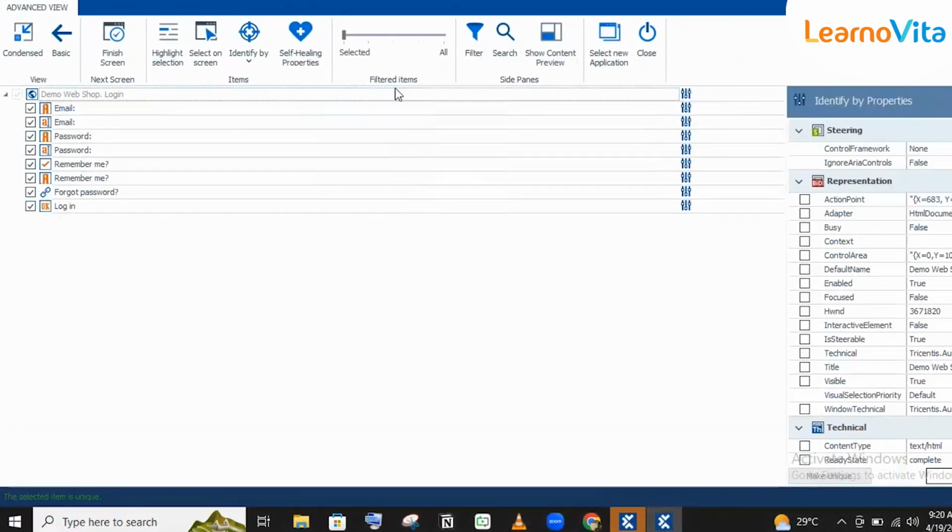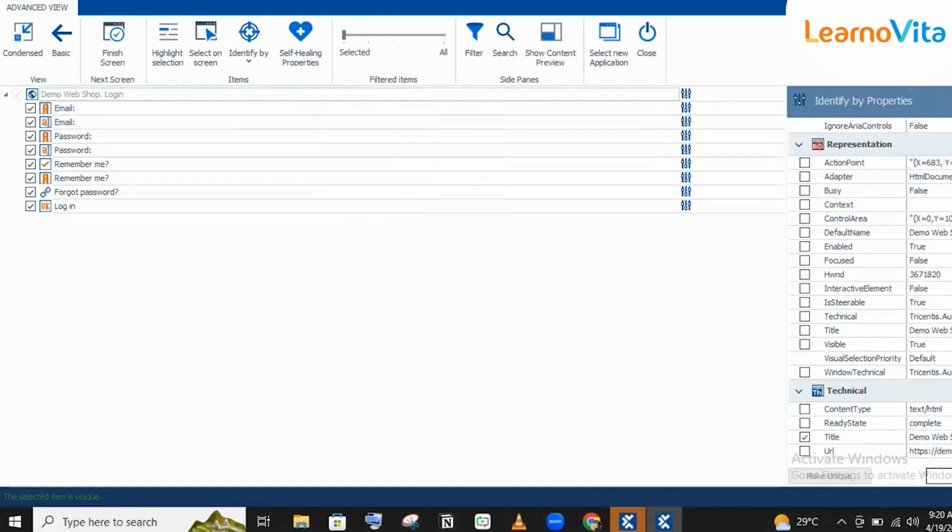So identifying by properties is the default method and it is the stable one. Comparing to other methods, it will be the stable one. So it's always best to go with identifying by properties. While we are capturing the controls from the web page, Tosca